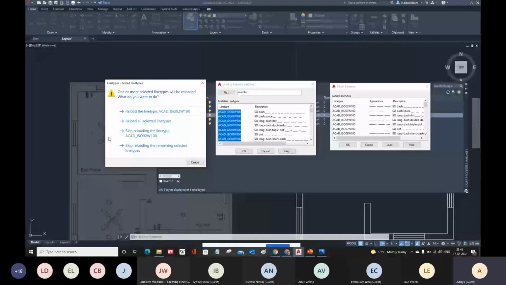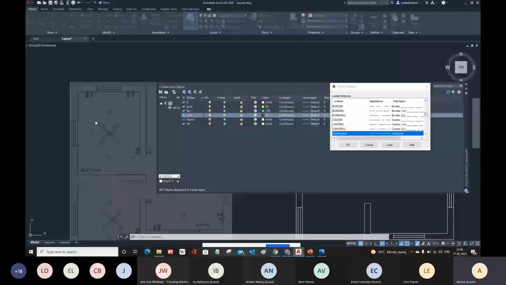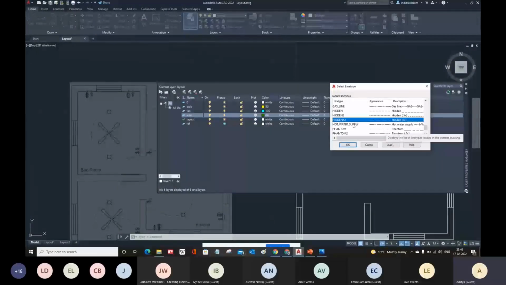Then here I want the hidden line type for this. So just find the hidden. I have a hidden here. So again, these line types come in various sizes, like hidden with the normal scale, hidden 2 with the half scale. You can see 0.5 times. That means half scale. And hidden x2 means 2 times. That is double scale. So that depends upon your drawing again.